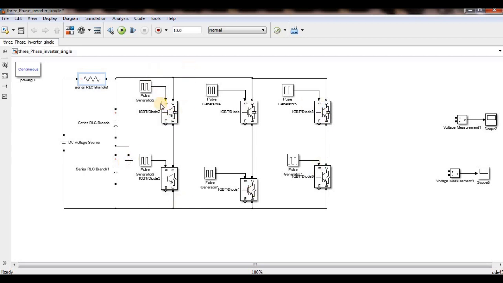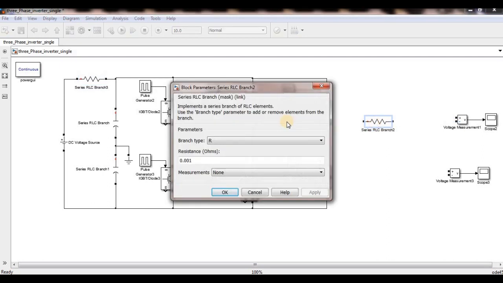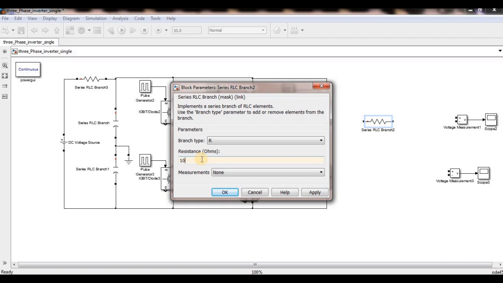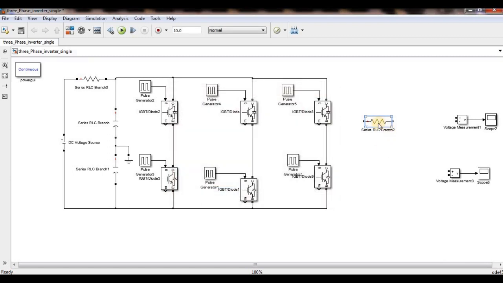See, these are 6 switches, and basically these are the pulses which I am giving. And now I will connect the R load or RL load, like R load with 10 ohms. The load we can connect in star or delta. So for the time being I will connect it as a star. So three RL circuits are required, or R circuits. So these 3 I am connecting here. This is now my neutral point.